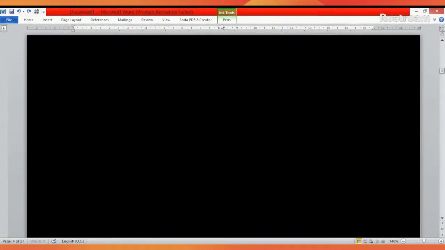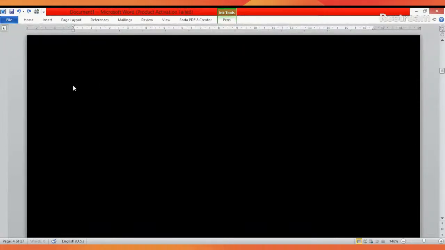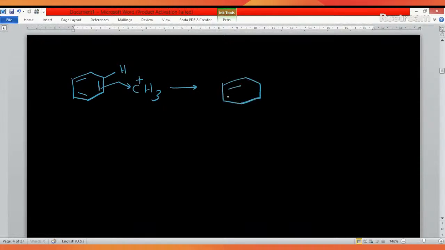Yes, I'm rewriting that. Just take a benzene ring in which the hydrogen is taken outside, and the CH3 plus gets the pair of electrons from the ring structure, so that it is the intermediate. The hydrogen as well as CH3, both of them are there, and this position is carrying plus. To make it neutral,